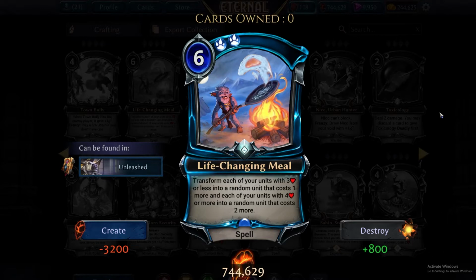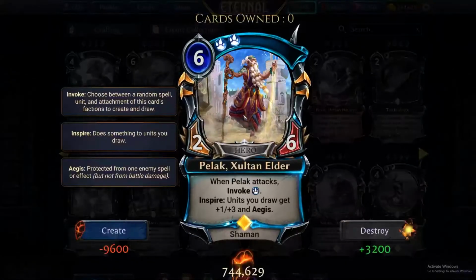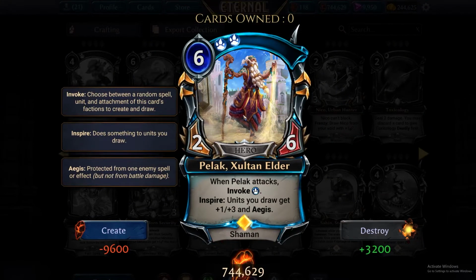All right. So C for life-changing, game-changing. It's just such a wacky card. It's so hard to rate. I don't know what to give it. All right. Fair enough. We'll just give it an even C. Next up is